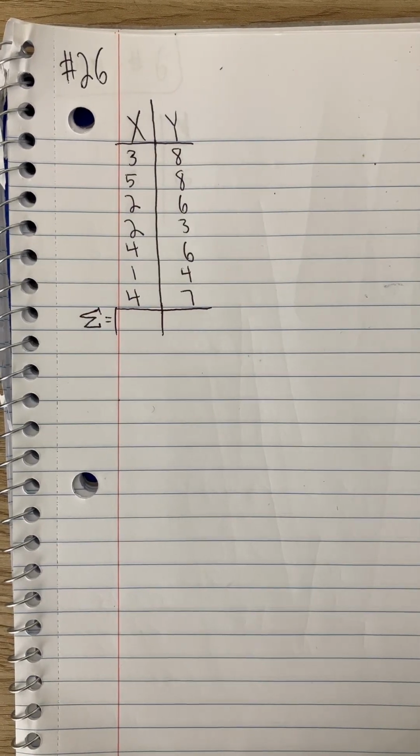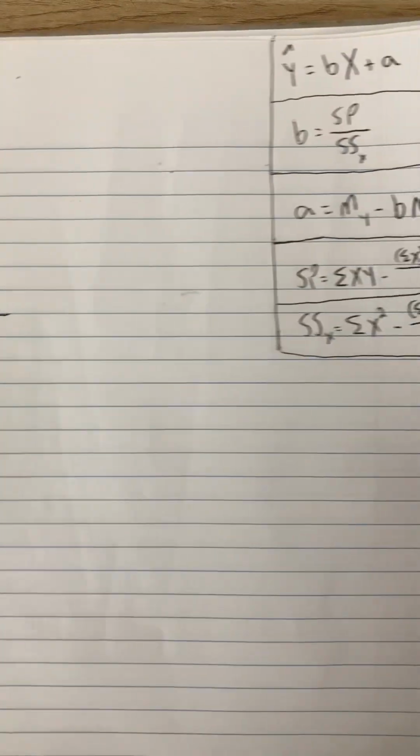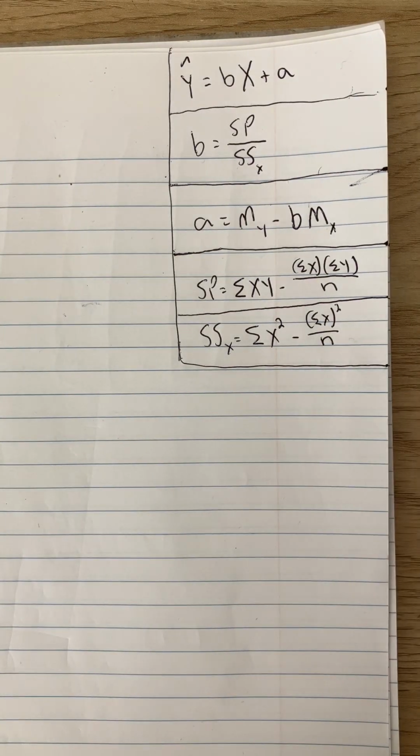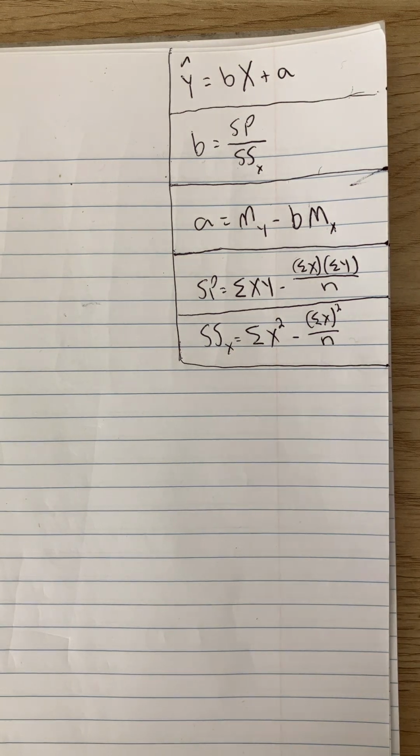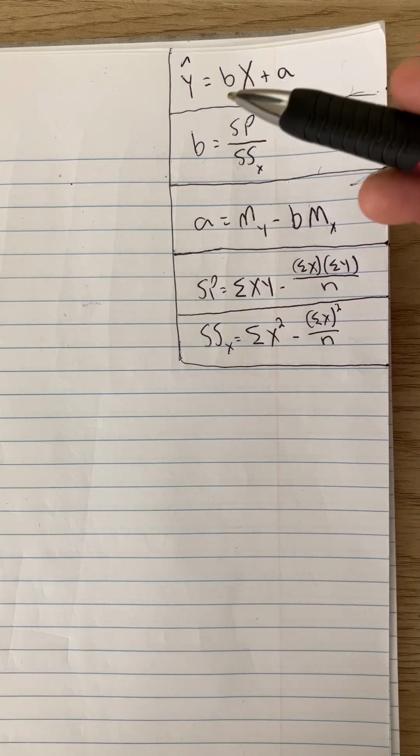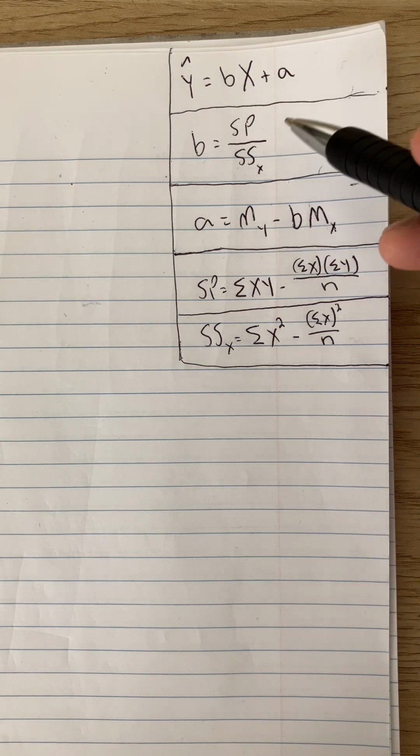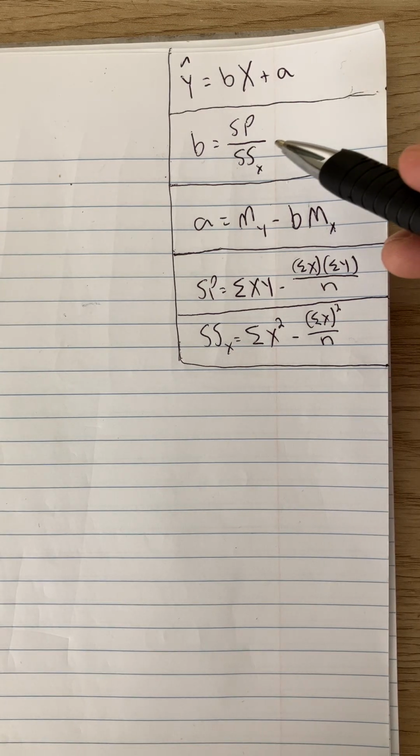This is problem number 26. We're given this set of data and we're asked to find the regression equation, which is y hat equals bx plus a. And then they want us to use that equation to make predictions of y hat based off of the equation. So for the equation, we're going to need the sum of products over the sum of